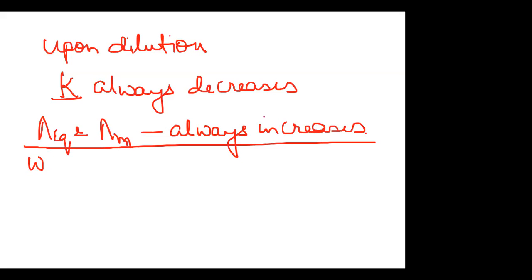But when it comes to equivalent conductance or the molar conductance, and we are talking about weak electrolytes at the moment, remember, according to the Ostwald's dilution law, the dissociation of the weak electrolyte increases upon dilution. And what happens is that more number of ions will be furnished in that entire amount of 1 gram equivalent. Though the number of ions present per cc may be less, overall, if the number of ions are increasing, definitely the conductance will also increase.